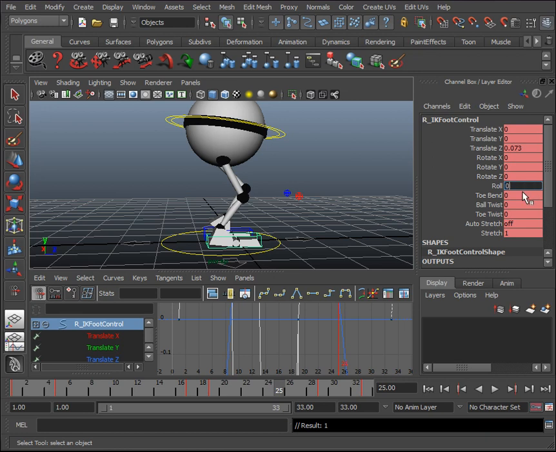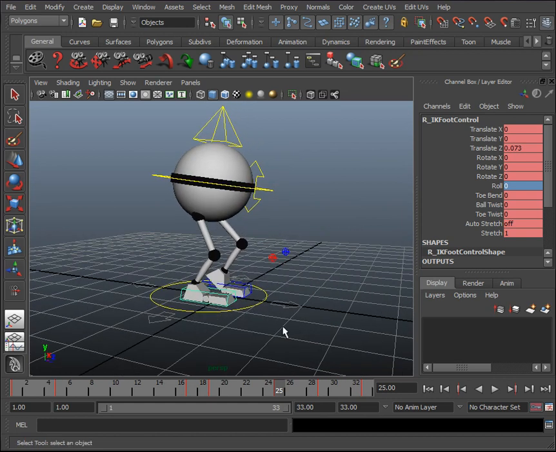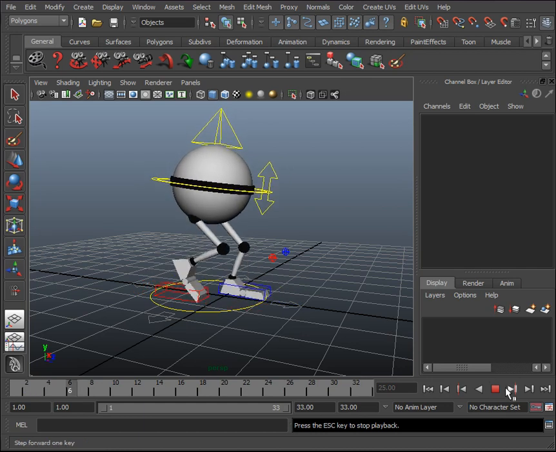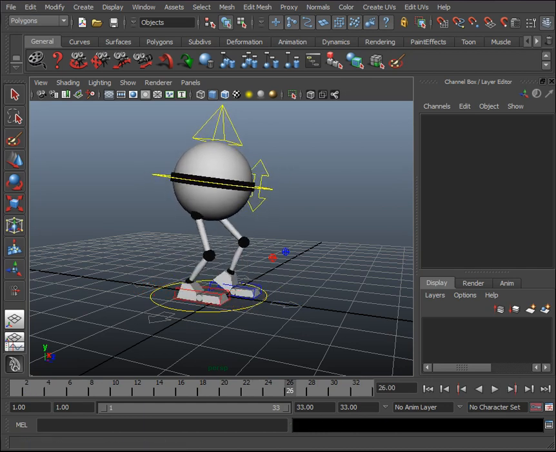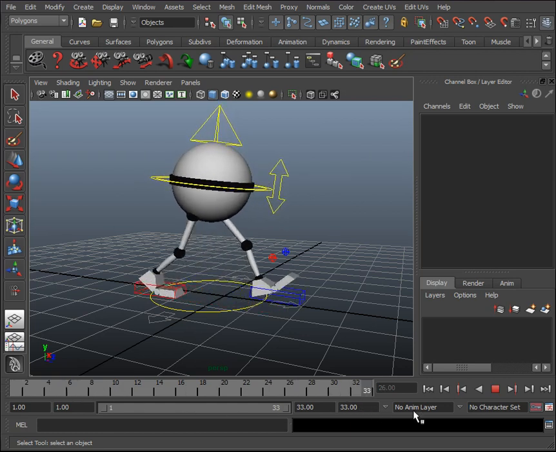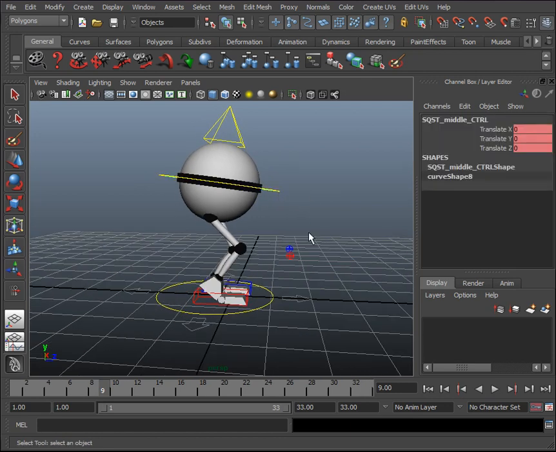Now I'm also going to go to the roll 0 at frame 25. That's the right foot's passing position. Okay, so it's zeroed out there. I'm just hitting play, and that looks good. So I'm just going to scroll my slider bar here, and it's going up and down a little bit too quickly. So I think what we should do here is on our passing positions, we should actually have a little bit